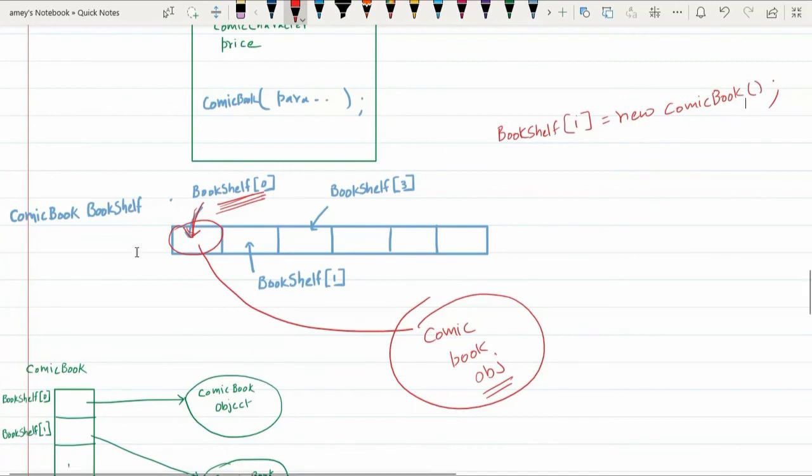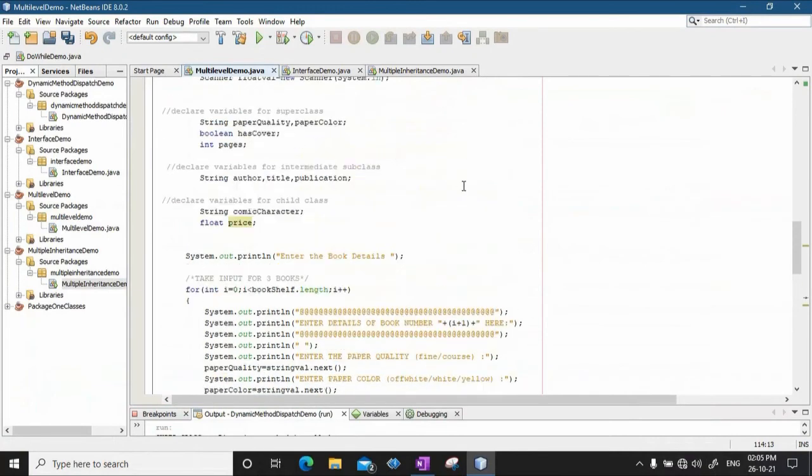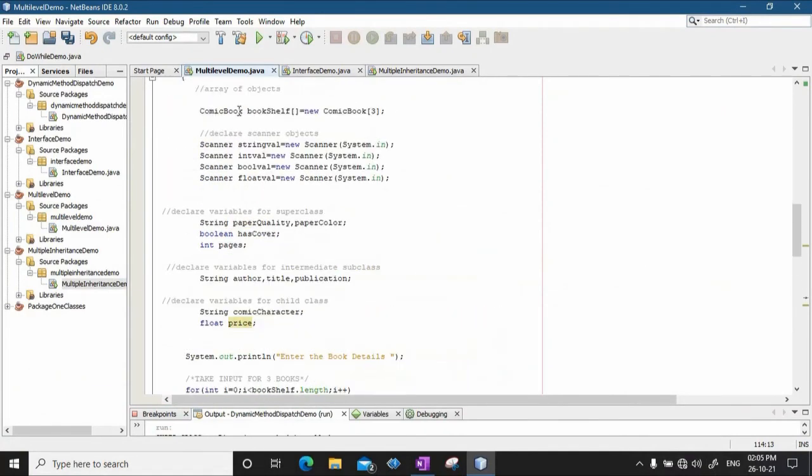Fine. So, bookshelf of I will now point to the new object that is created. This side it will create a new object, and then bookshelf of I is currently 0. So, bookshelf of 0 is a reference name that will point to the first object that is created. Okay. Whereas, students note that initially when I say comicBook bookshelf equal to new comicBook 3, I